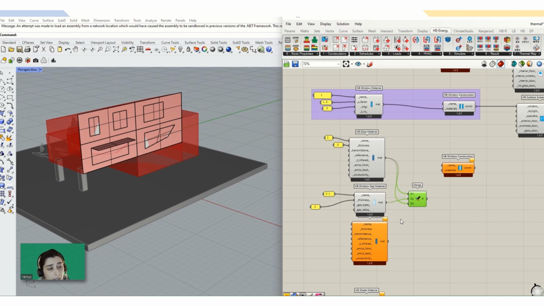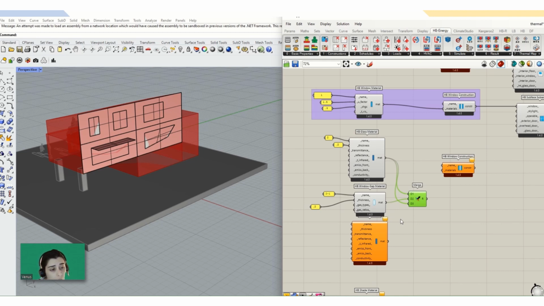You know that it's the HB window construction. If you have three layers and on the merge component you have four, and then add this, four layers, to the HB window construction,